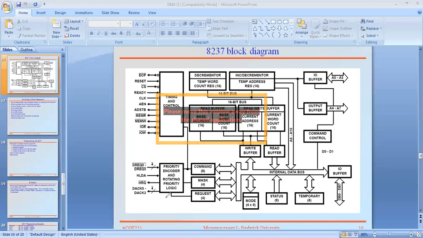That priority is assigned by the priority resolver or priority encoder, using rotating priority logic, one after another. If a request from the highest priority device occurs, it assigns the highest priority to that request.